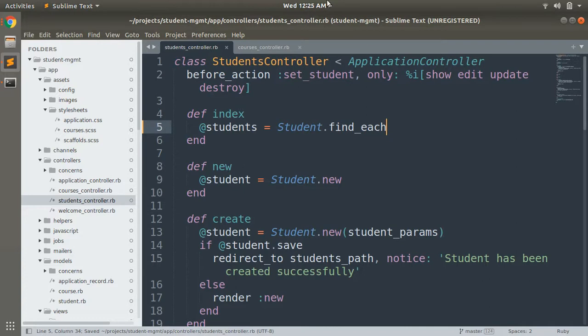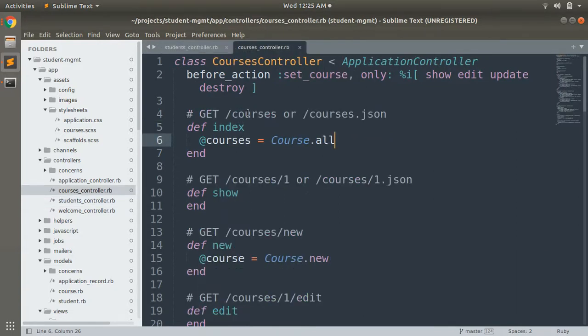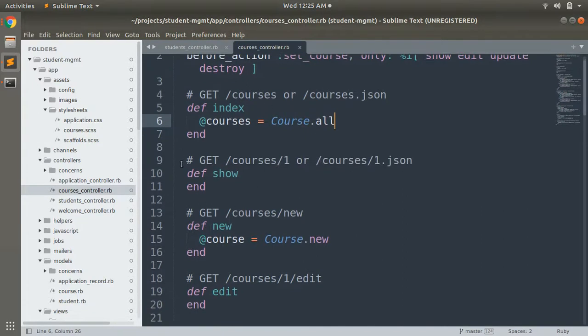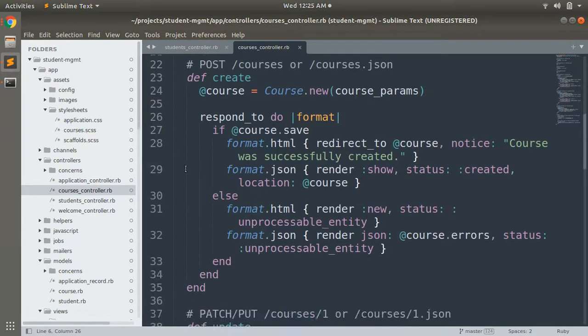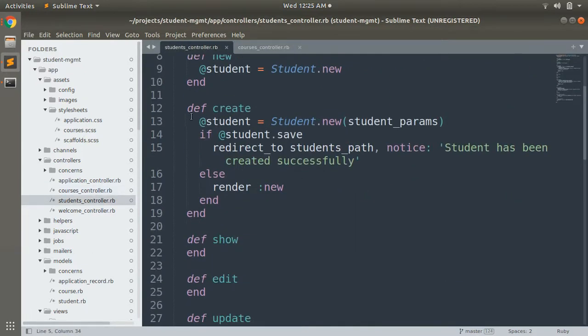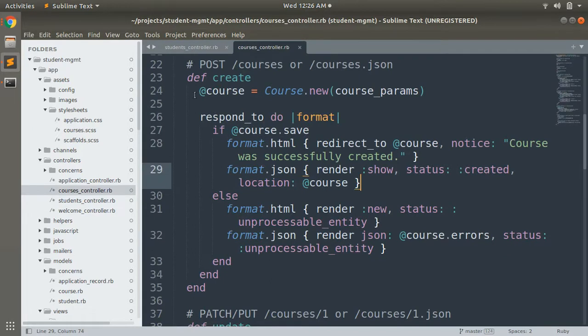Okay, but whenever you generate your scaffolded resource, you will get this Course.all. Okay, and you will get these unnecessary commands. And you will get this format.html syntax and respond_to syntax, which is not required by the way. And here you can see our create action that is very neat and clean. Okay, so this is also a standard way of writing a create action,